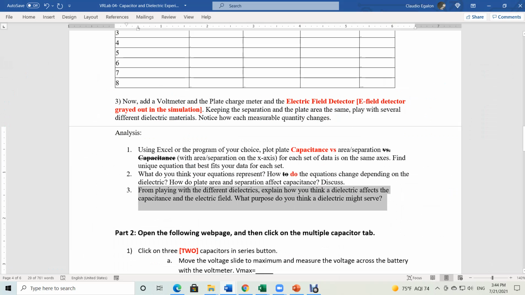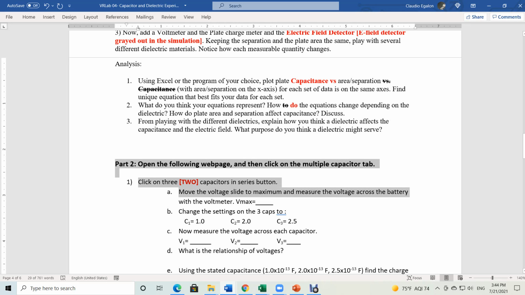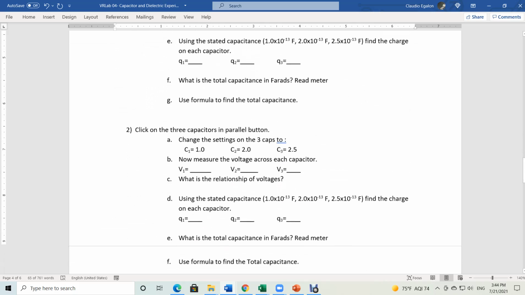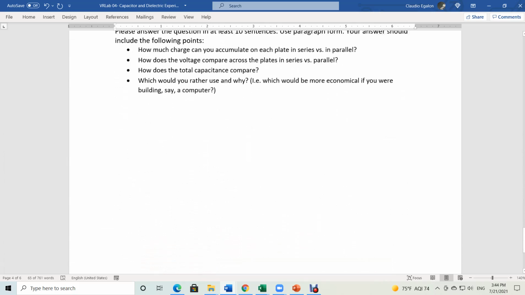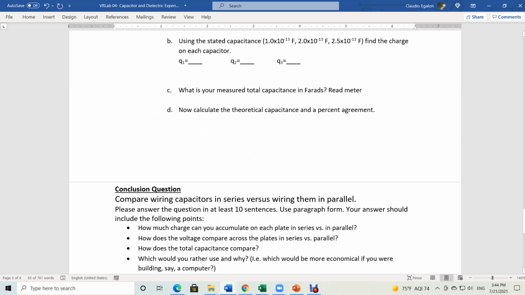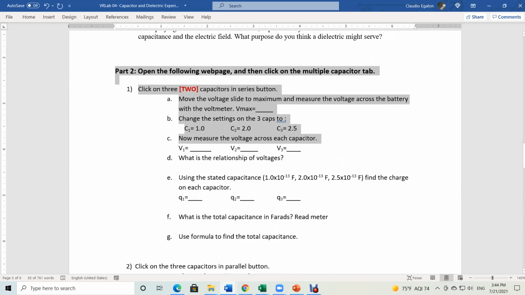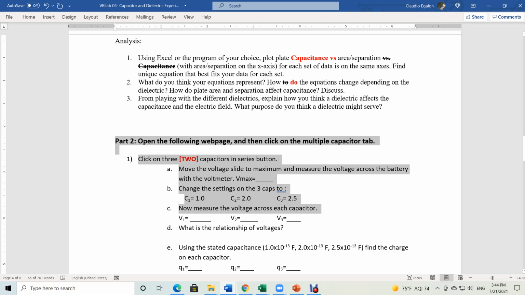Play with different dielectrics, explain how you think a dielectric affects the capacitance and the electric field, okay? What purpose do you think a dielectric might serve? I don't want to do the second part because we still didn't cover that. I think it's too premature, you know, to start covering things in the lab that we didn't cover in the lecture. Okay, so